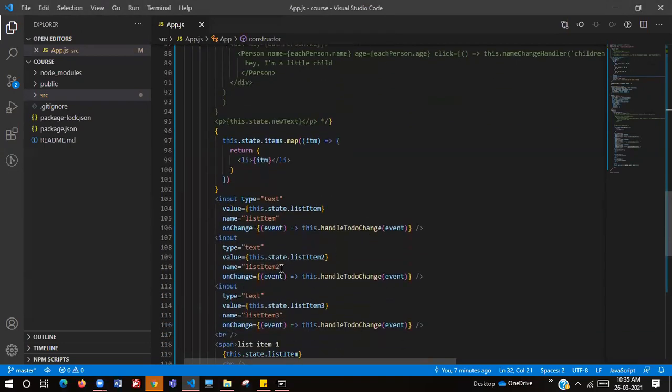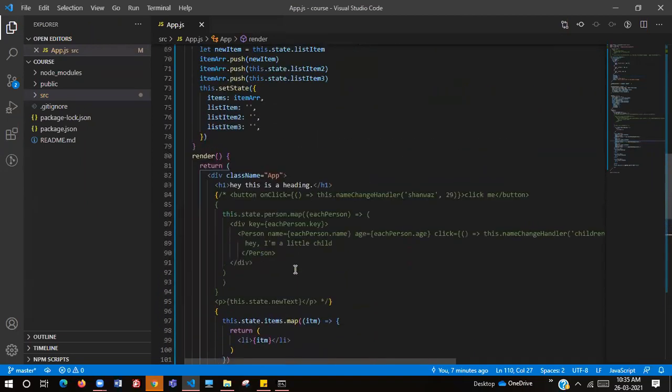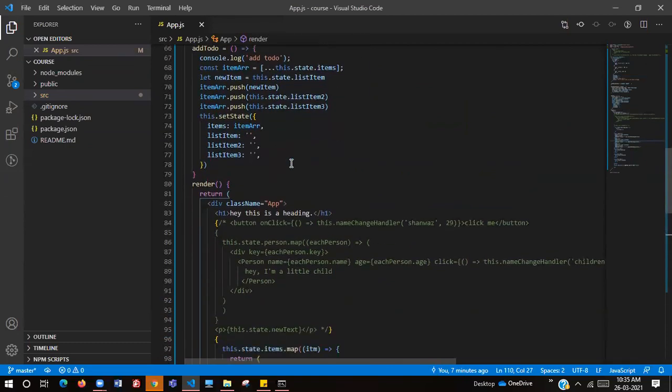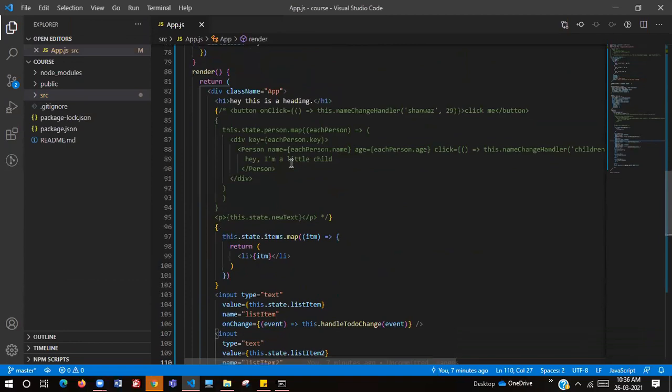Can you check the name? Yeah, I gave different names, like list item 2 and item 3, as you gave. I gave the same name while setting the state, I'm sorry. I gave maybe the same name, item.